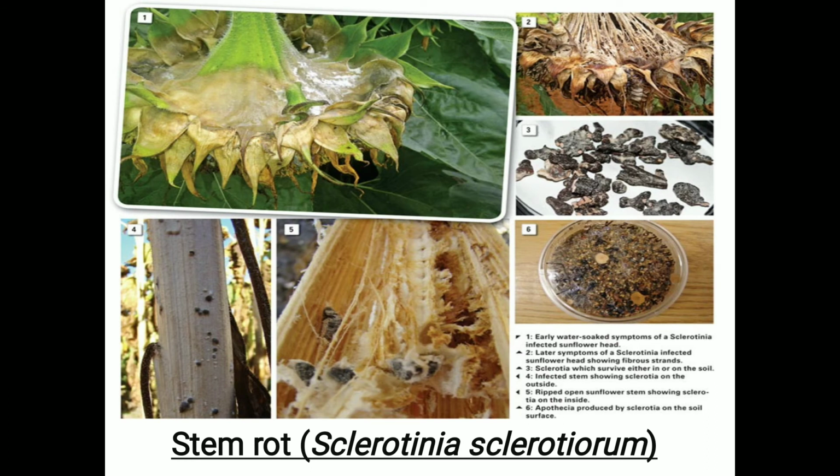In that, the first one is stem rot. Stem rot disease is caused by the fungus Sclerotinia sclerotiorum. That Sclerotinia fungus mostly attacks the leaves and the roots, or mostly the stem of different crops, mostly sunflower. When they attack the leaves and petals, slightly brown to blackish spots are observed on the leaves or on the foliar parts.